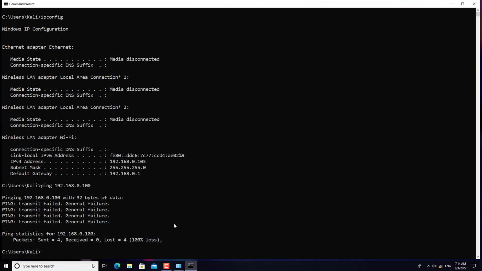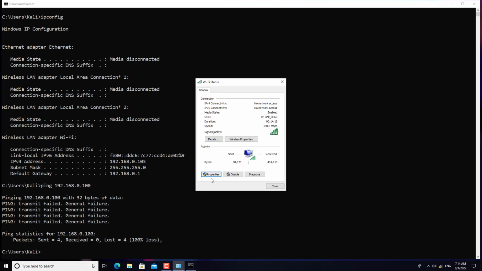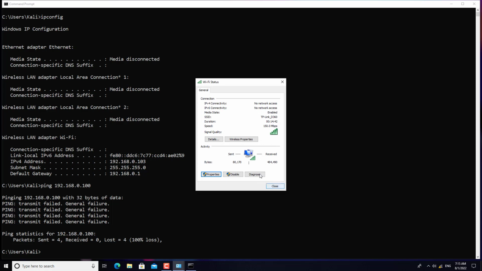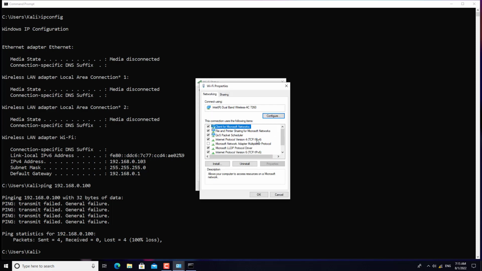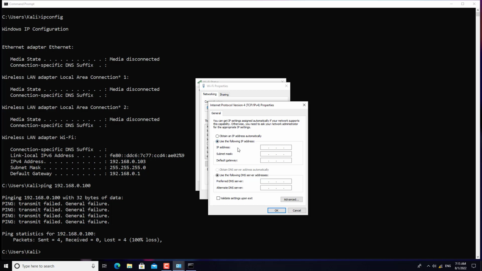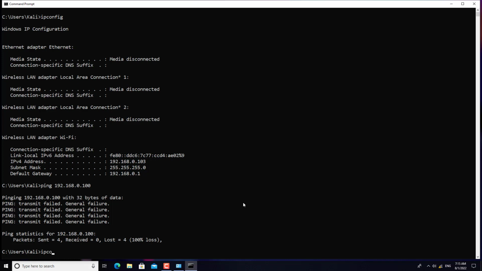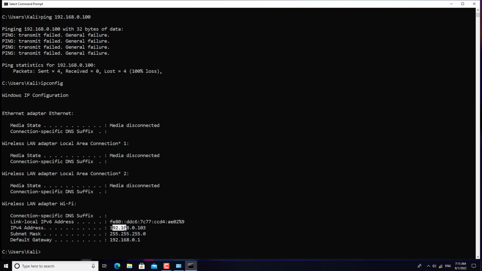So now I go again and change it to the same range. They may be in the same range by default, or if they are not, I use the dynamic option, so they will automatically be in the same range. But sometimes they are not. Because of that, first of all, check your IPs with ipconfig on the different computers and see if they are in the same range. If not, come here, change from the default, and add a static IP from the same range. Now if I run ipconfig again, you can see